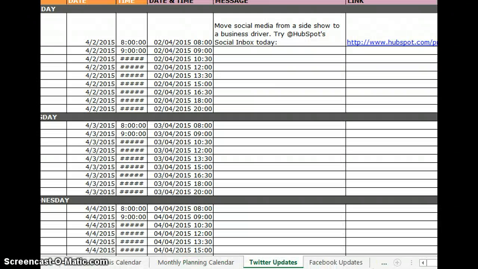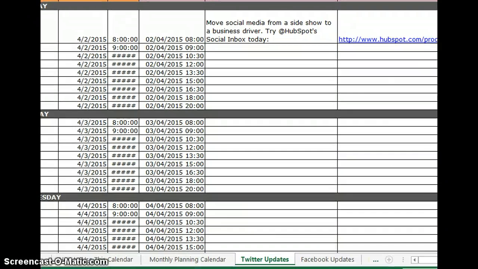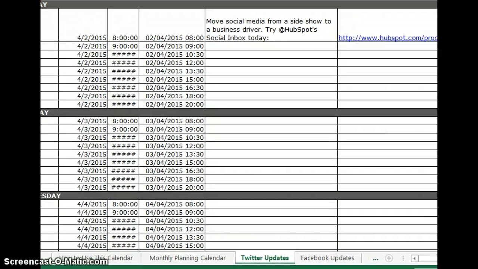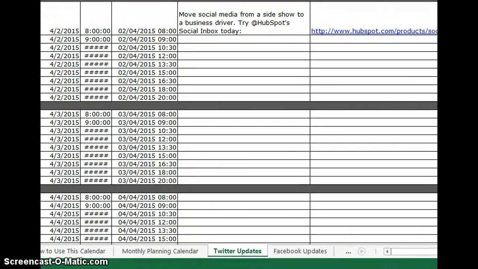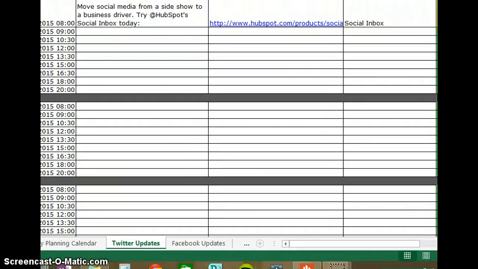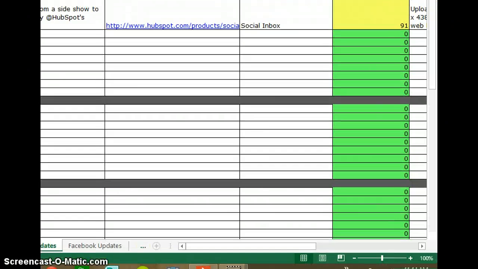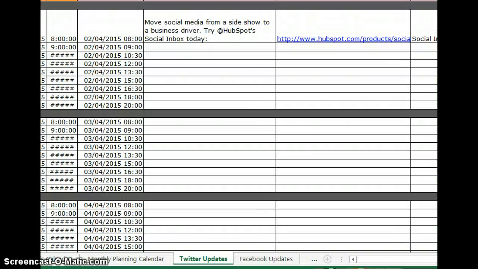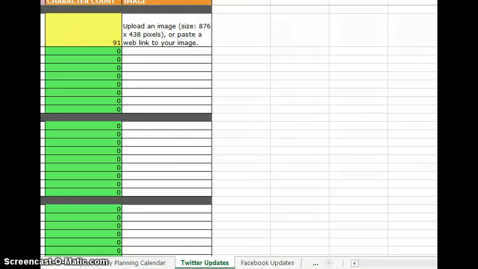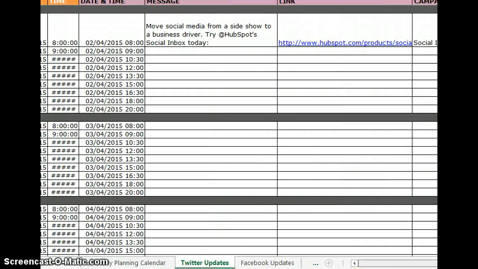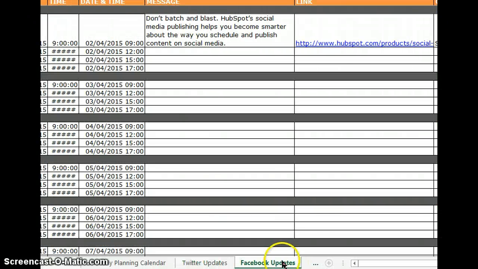You can have a separate sheet for social media. For example, this one would be for Twitter. So you can say the date, the time you want to post, what message you want to post, links, the different campaigns you want to do, and your character counts even. And you can also link it to images. And then you can do the same thing for Facebook, which is really handy, especially if you don't already have